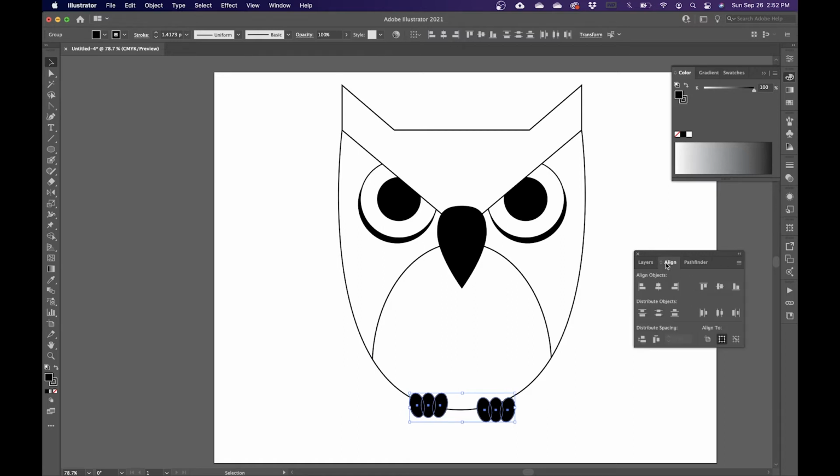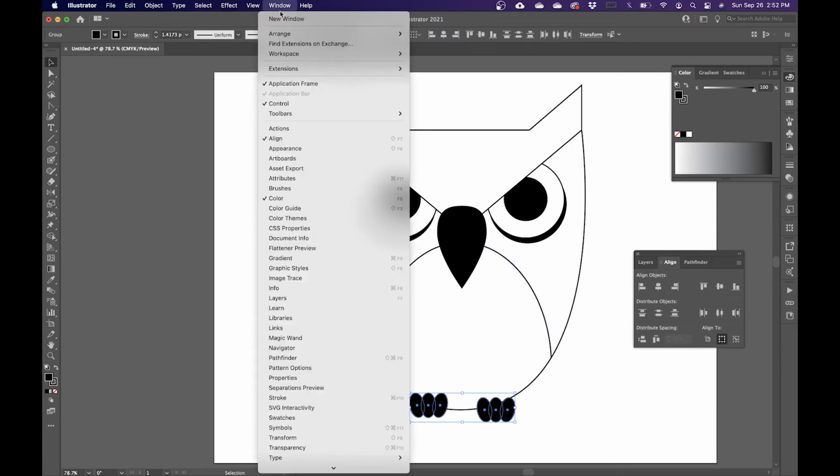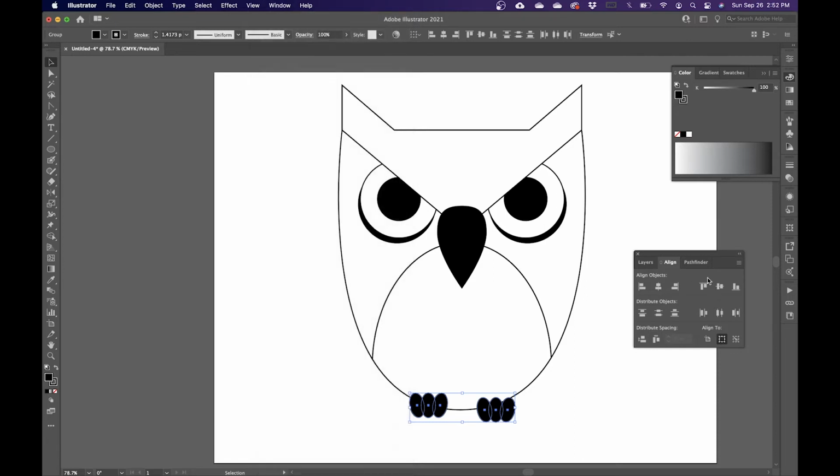And if you need to align something, because I think mine are a little bit off, just go to your align panel. If you can't find it, just go to window and align. And in the first row, I'm going to go to the second to last option here, which is the vertical align center. I'm just going to hit that to make sure that they're both even, and then just make any